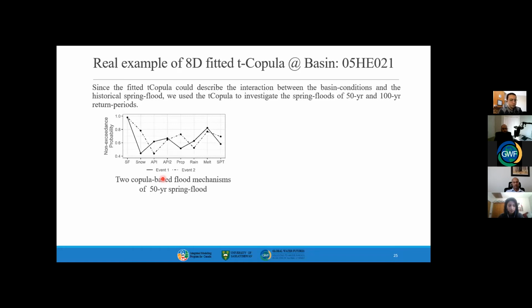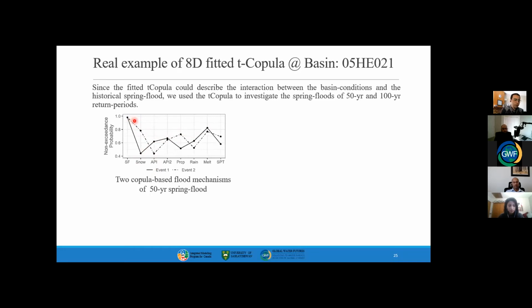But the interesting point here is that there is a compensating effect due to the interaction of the basin conditions. For example, event 1 has a significantly lower snow quantity compared to event 2. However, if we consider the rain as well, we will find that that was compensated by the rain over snow. And if we also consider the API, we will see that event 1 occurred when the wetness of the basin, the soil moisture before freezing, was much higher than that of event 2. So even with a low amount of snow, if a rapid melt occurs over a wet basin with some rain over snow, it's more likely to result in a 50-year